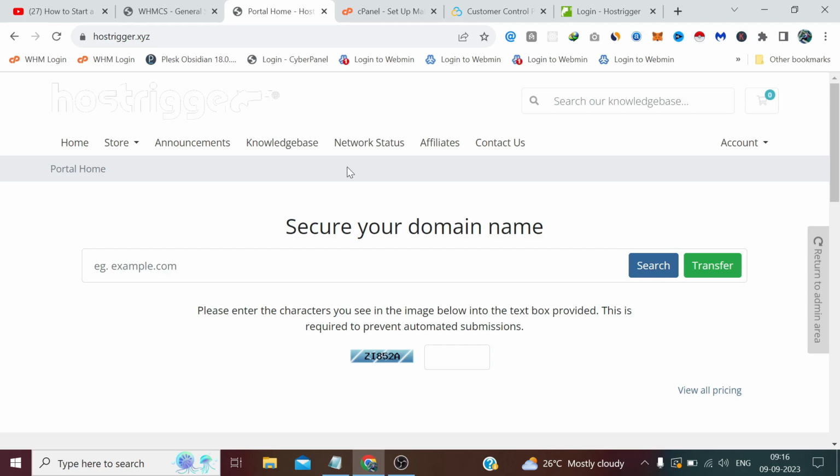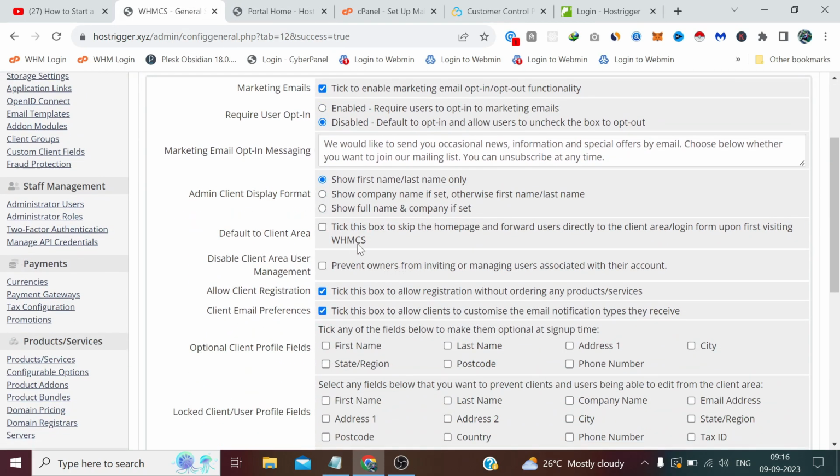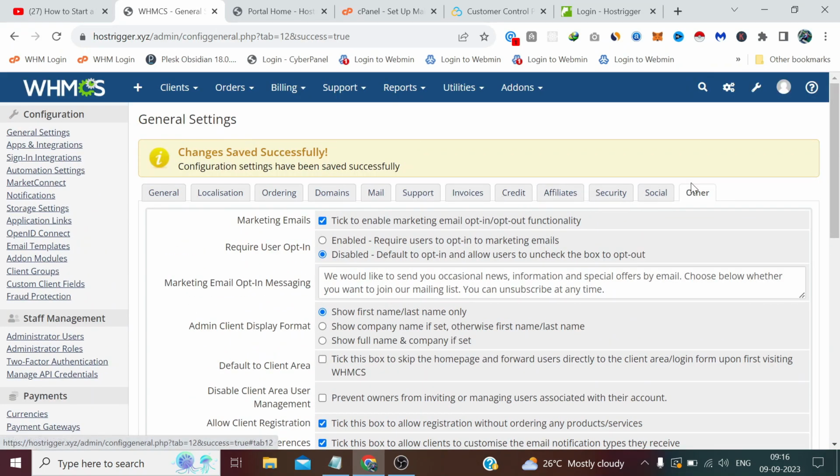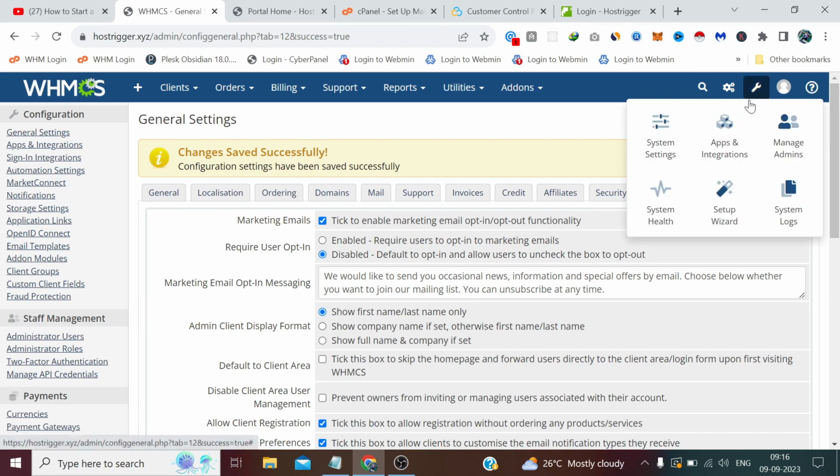So I am going to use a theme in this course which looks good and which helps you design your website simply by following my footsteps. So that's why I have disabled this option for this website. And after that, we are done with our general settings for now. Now let's see the other important section,